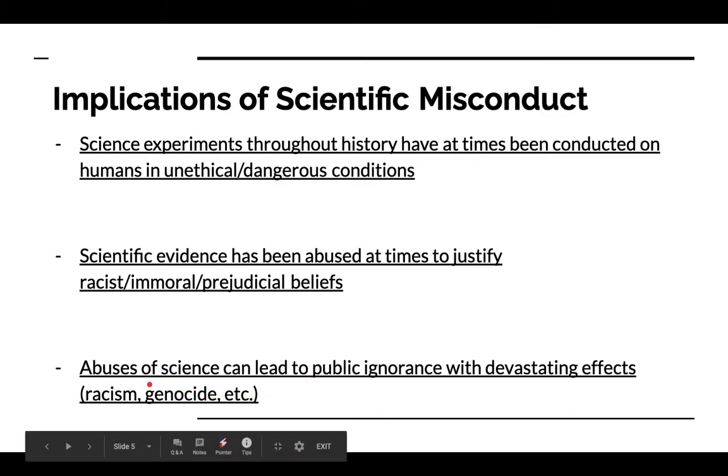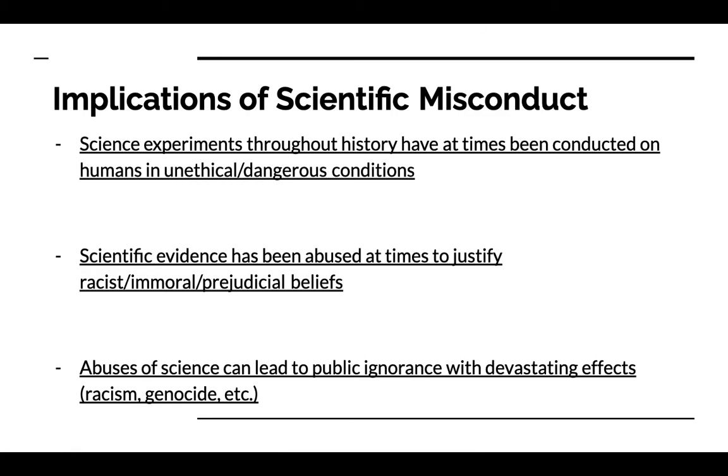And then the most horrible example is that genocide can also occur. Such was the case with Nazi Germany, although Nazi Germany is not the only case. There are other examples of genocides, such as the Armenian genocide and the Rwanda genocide, but the Nazi Germany genocide is the most well-known one, and also it's the one that maligned science in order to justify their ends.